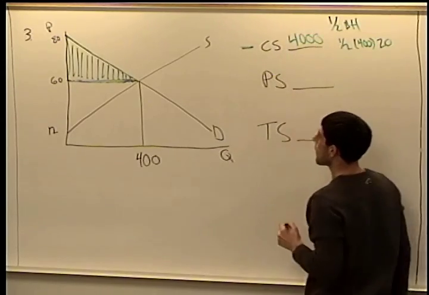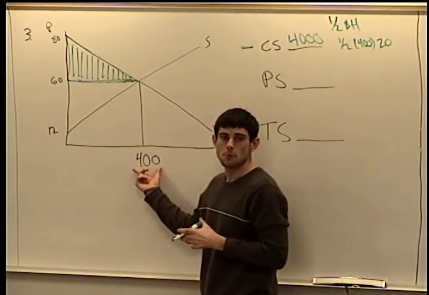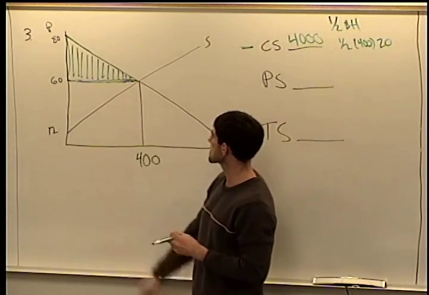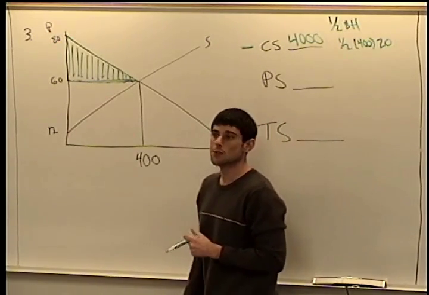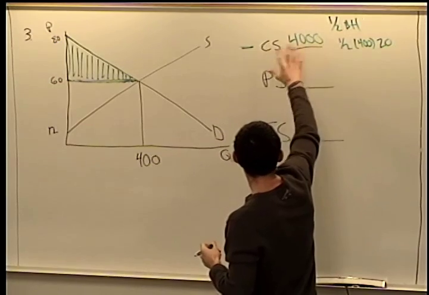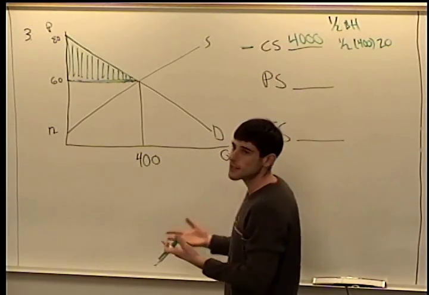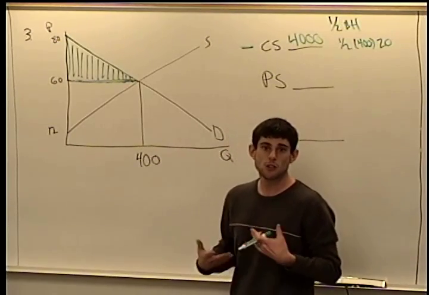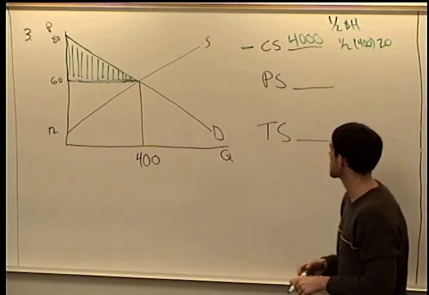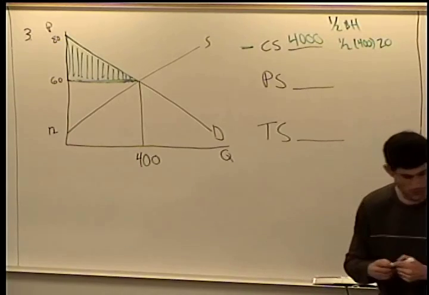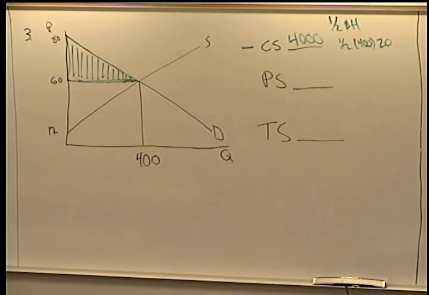So 1/2 times 20 is 10, times 400 gives us a total consumer surplus of $4,000. So after all 400 people have bought one of these at price $60, all 400 people are going to be totally benefited, or the whole market is going to be happier by $4,000 as a result. For consumer surplus,